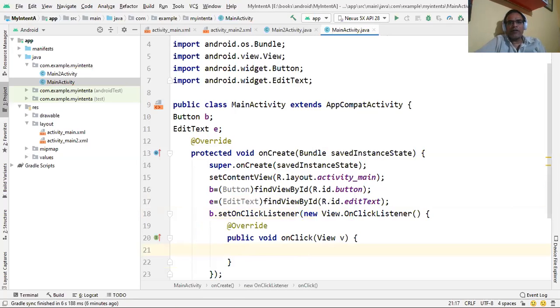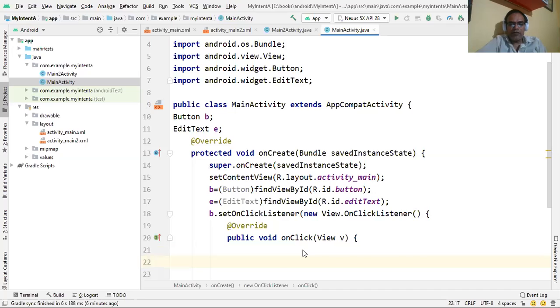So where do we have to write the code? Here we have to write the code through which you can move from this activity to another activity. So here we have to use an intent object.